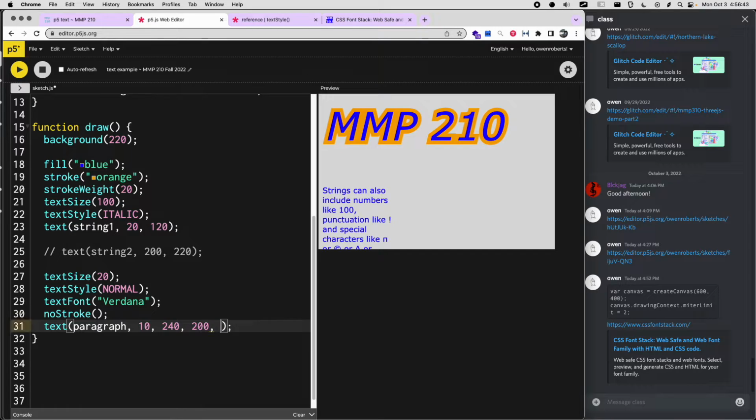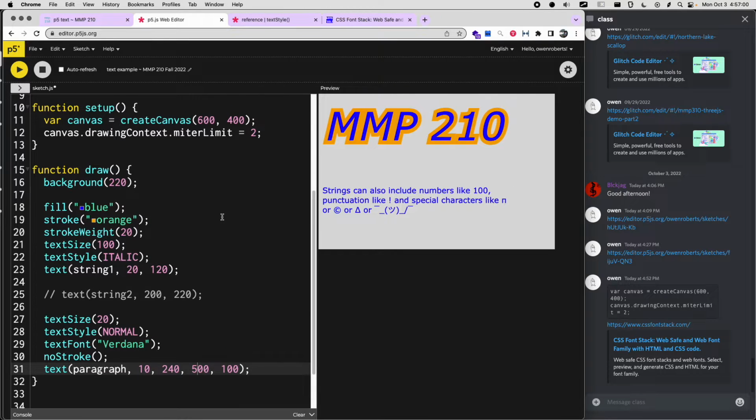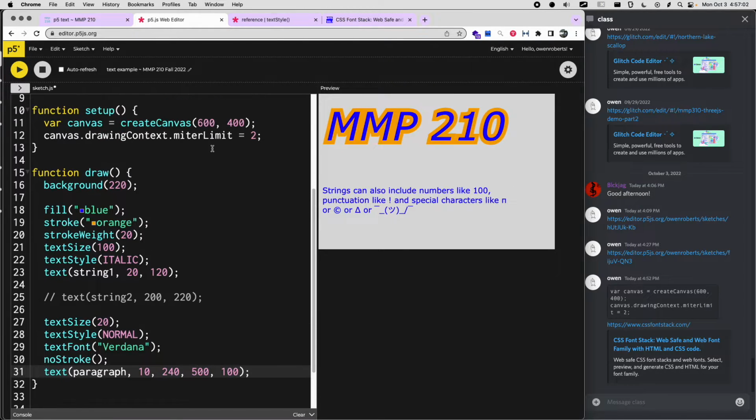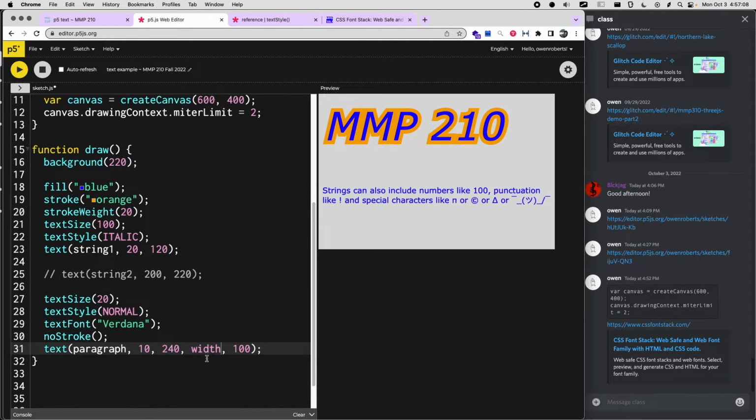And there's also an optional height. So if I put 100 for the height, now we're actually losing some of the text because it goes below where we said the box could go. So we can increase the width. So maybe I'll make the width like 500. Okay, so that's almost across the screen, so we get the rest of our text in there. And we could set it relative to the width, so I could just say width here. That might go a little bit over, especially if I start at like 30, or let's go farther, let's